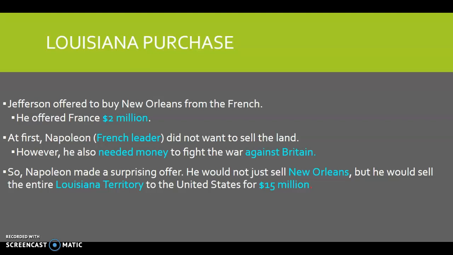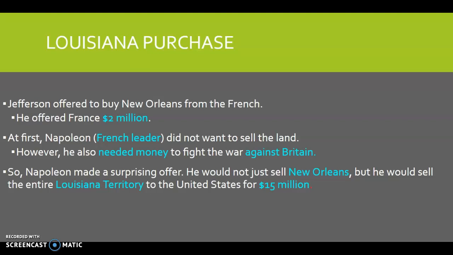Not to mention also that France is fighting a war, really battling a slave rebellion in their colony of Haiti. And they can't fight off this slave rebellion and battle Great Britain and defend Louisiana without running out of money